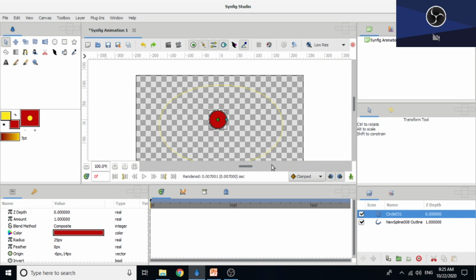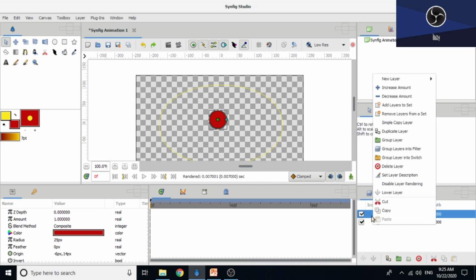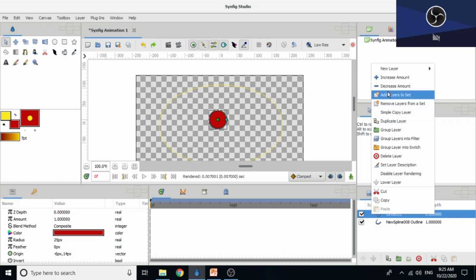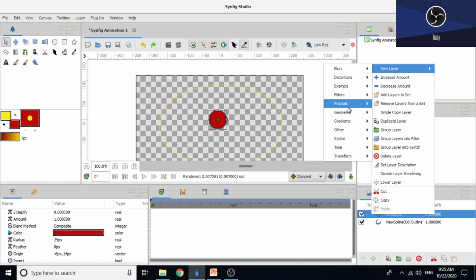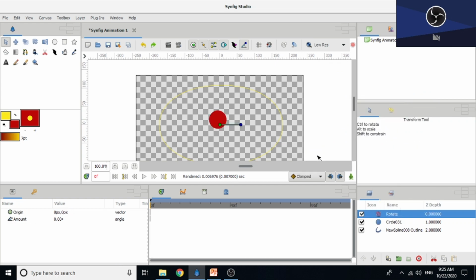Now we will add a third layer, that is a rotate layer. So right click on the circle layer and then select New Layer, Transform, Rotate Layer option. You can see the third layer has been added, a rotate layer. So put its position above the circle layer. Now we need to combine these two, the rotate layer and the circle layer.